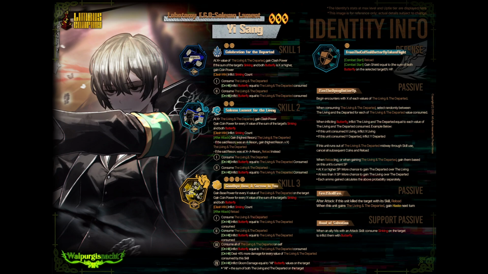After attack, gain highest resonance the living and the departed. If the said resonance was an absolute resonance, gain highest resonance times X, the living and the departed. If the said resonance was at X plus absolute resonance, reload instead. Reload. Okay. So the skill 2 is doing the same thing as the skill 1, but instead of...